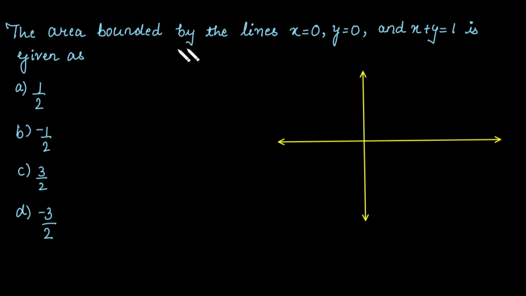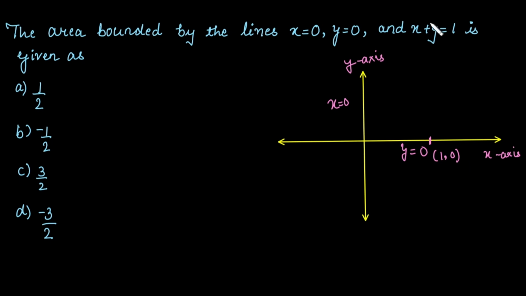Next question is area bounded by these three lines is what. So x is equal to 0 means y axis, suppose this is the x axis and this is the y axis. So on y axis the value of x is 0, and on x axis the value of y is 0. Next is x plus y is equal to 1. This is also a straight line, now it will not pass through the origin. How do you find out? Simply put y is equal to 0. When y is 0, what is the value of x? It is 1, so it means it will pass through this point